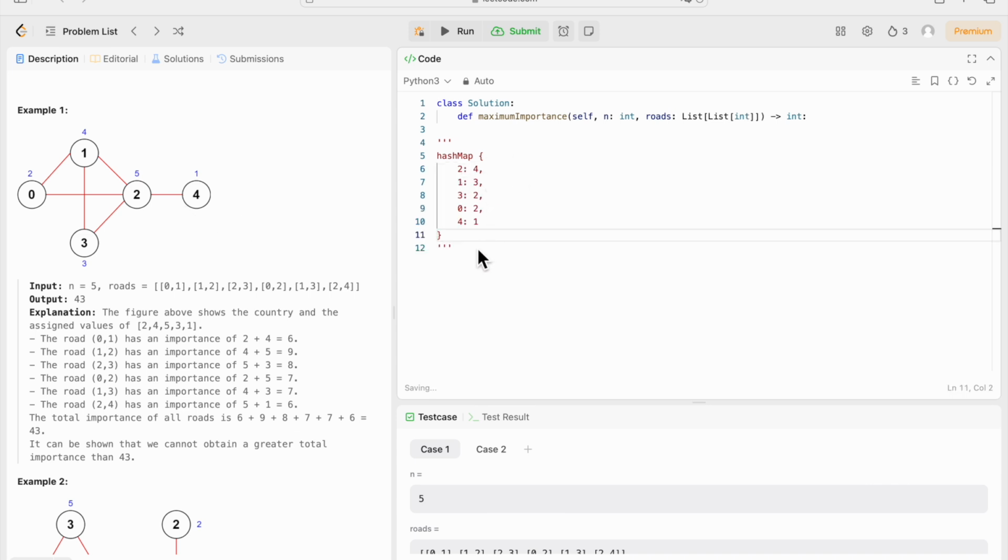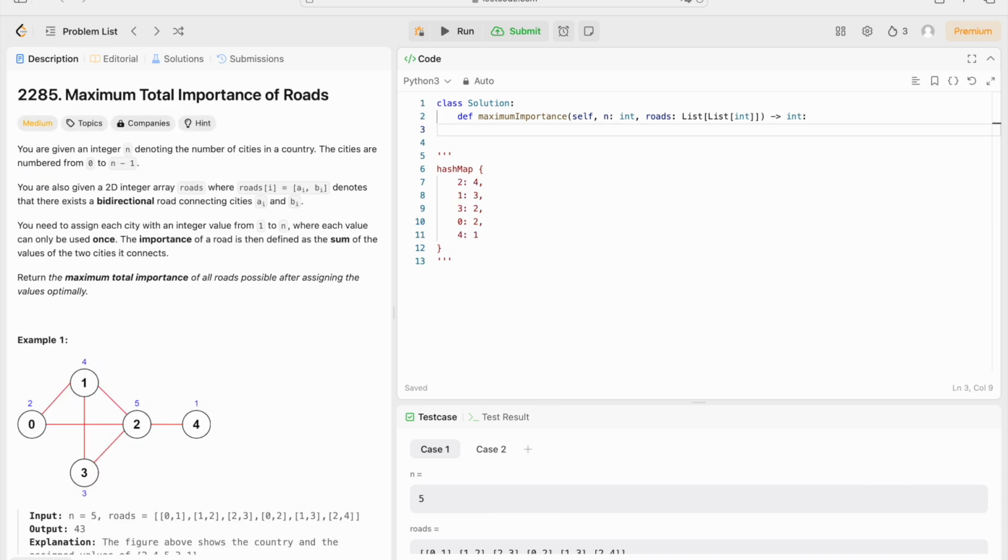And once we have this, we could have it in a sorted order. We could insert them, let's say, into a heap. And that would lead us to get this algorithm working. So let's try to code it up here real quick. So we have a hash map,